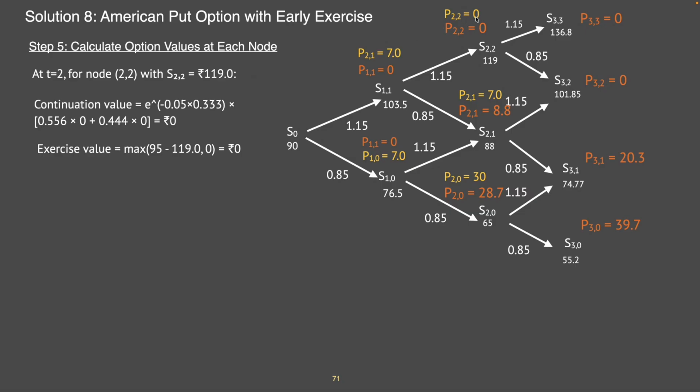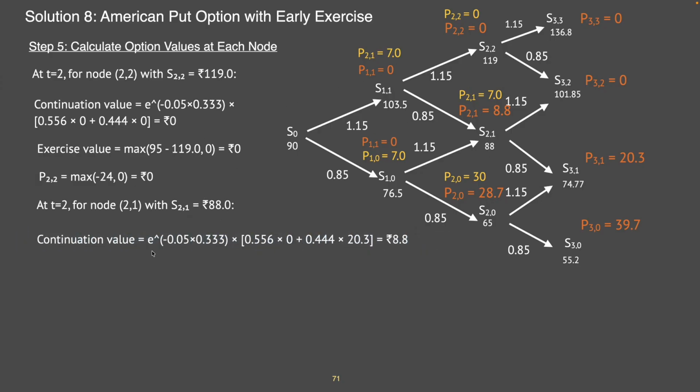Hence P22 will remain 0. Now coming to S21, 88. So at P21 with S21 is 88, the continuation value is 8 rupees 80 paisa. Same formula: e to the power of minus 0.05 into 0.333 into 0.556 into 0 plus 0.44 into 20.3. So the continuation value of the option will be 8.8, whereas if we take the max value, that is the